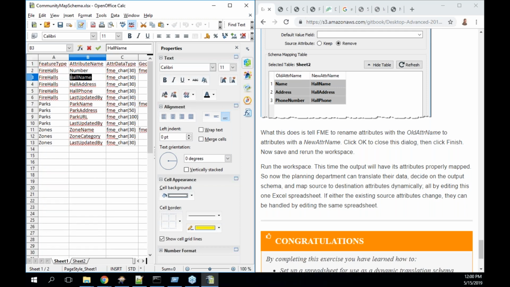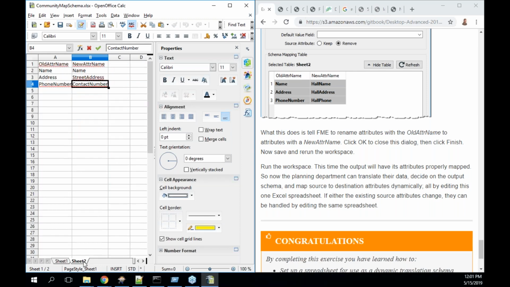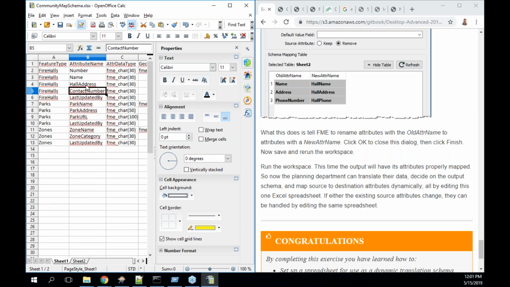Number, not sure if I got that right. Yeah, street name, street address. I think I missed something there. I think that was always hall name. So now when I save all of this and run it,